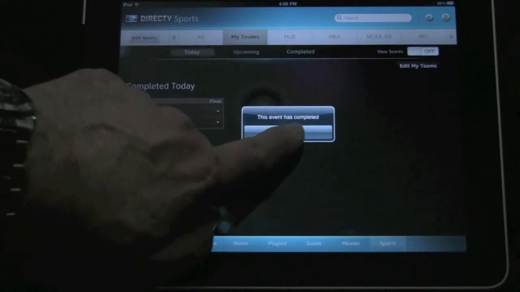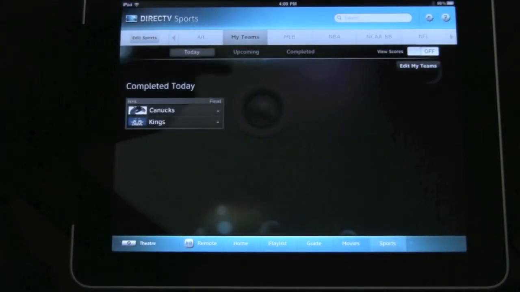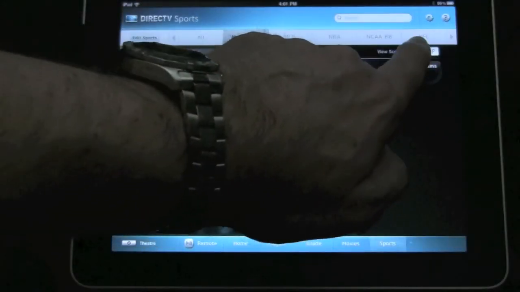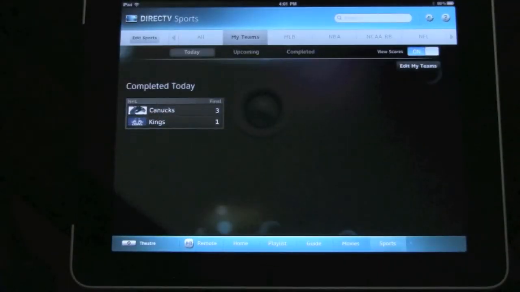and this event is already completed. So I have view score here, it's off. This is if you're recording the game, you don't want to see the score, but you want to see what's going on. So let's flip it to on, and you see the score show up. So that's kind of a cool feature. You can get a glimpse of what's on there, and you don't have to ruin the score